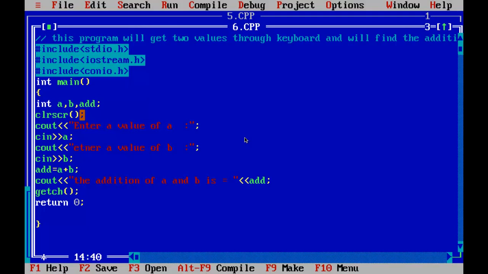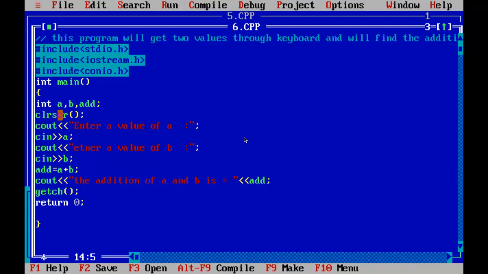But in this case, see here, we didn't give any value, we are only giving the instructions. When we run the program, it will display a message, then take the value, again display the message, then display the result. This will be done automatically.